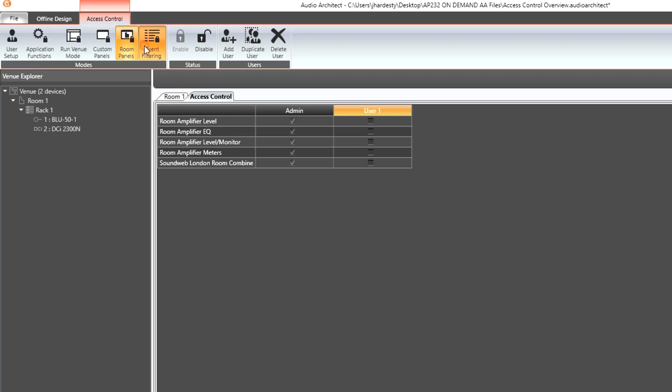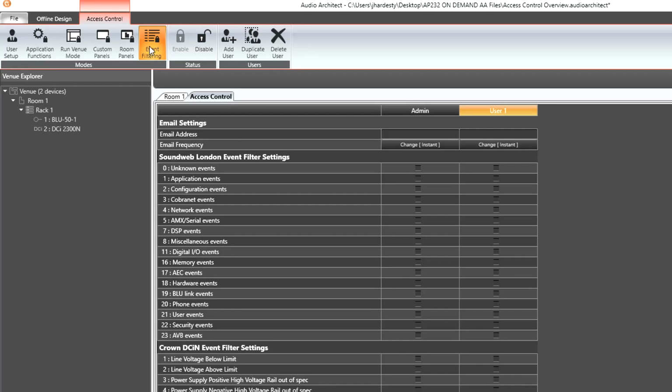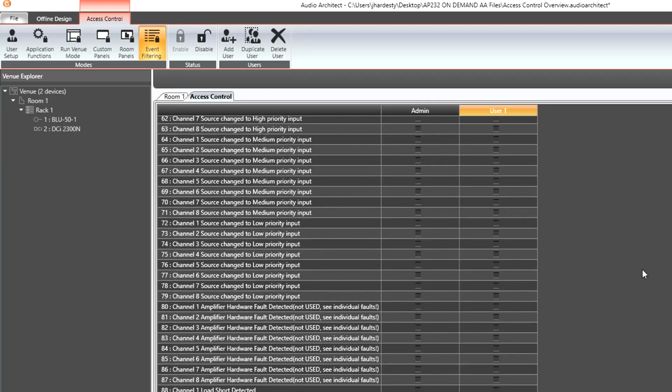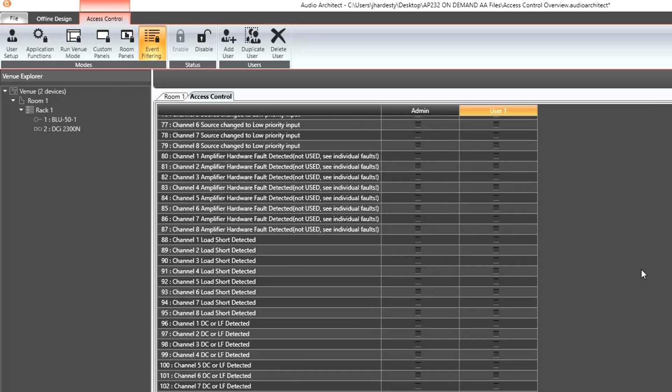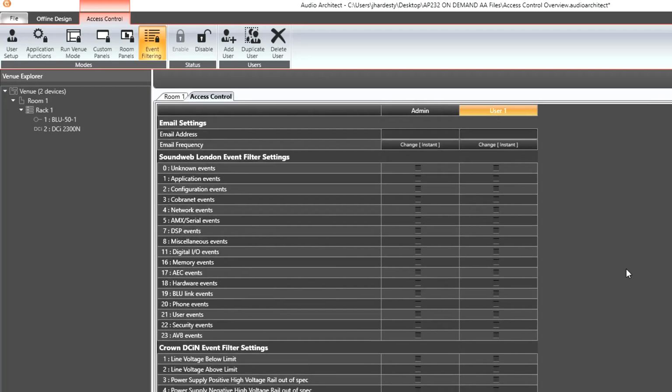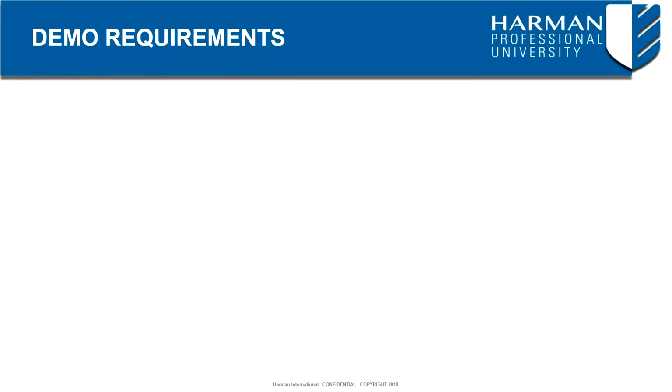Lastly, the Event Filtering mode provides us with the means to specify user email addresses in order to receive notifications regarding device-specific events. This does require that the SMTP server address be specified in the Audio Architect System Options, located under the File menu. Moving forward, using the custom panels created in another video, let's set up a simple example